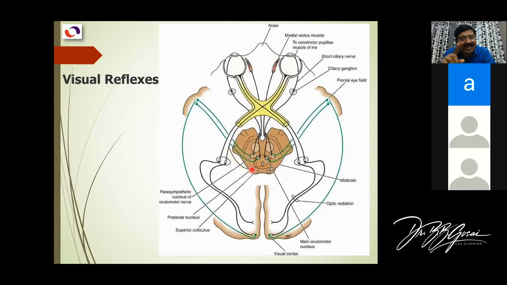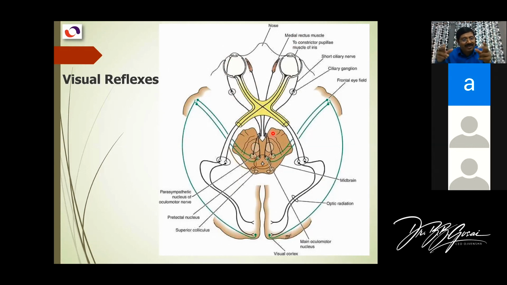Clear? And the green color is for the accommodation reflex. But the oculomotor fibers, after this green color, you see, go here also to the ciliaris muscle, and here also. See this one. I am talking of this green color. Now this green part is going to the ciliary ganglion, the ciliaris muscle. This oculomotor nucleus goes to the muscle. Which muscle? The medial rectus. In the same way for this side, the fibers project to the same side.